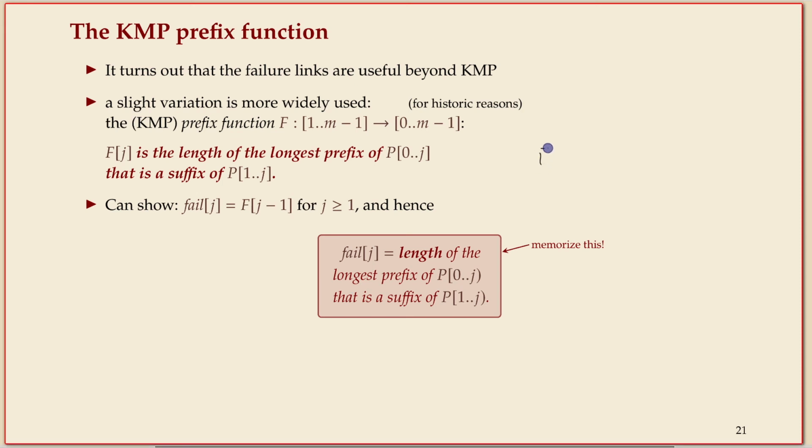And there's a picture that goes along with it. If this is our pattern, then we look up to a certain point j. So maybe I should put j slightly to the right because it's excluded. So the jth character is excluded. We look at the prefix of the pattern of length j. And then fail j is the length of the longest prefix of this that I can align with my,